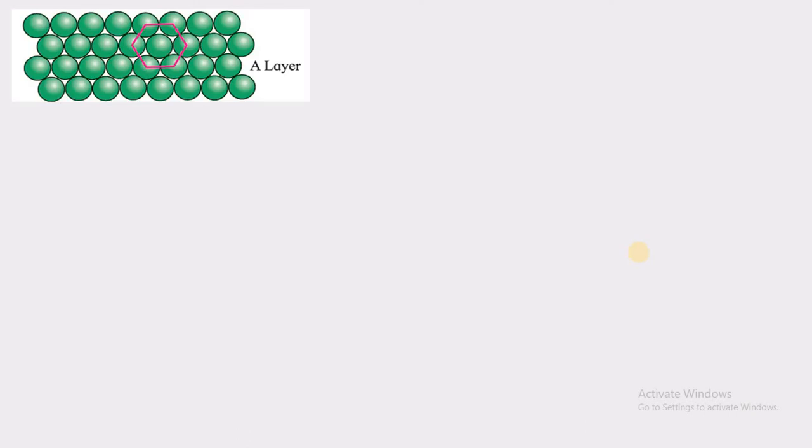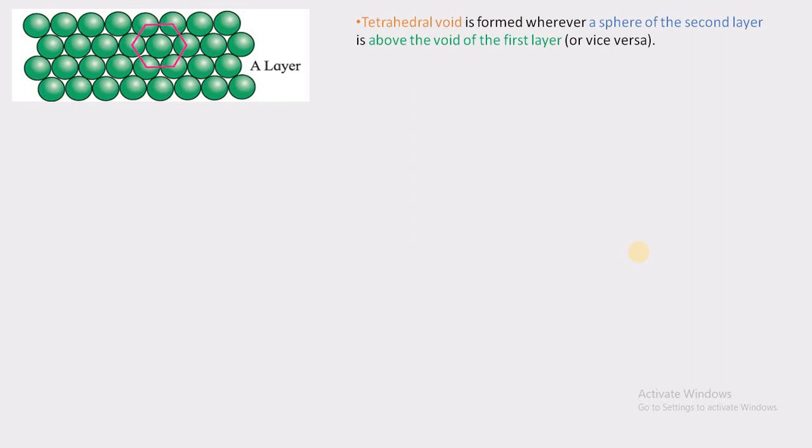This is a hexagonal close pack structure. Here, these are the voids. Some of these voids are tetrahedral voids, and these tetrahedral voids are formed whenever a sphere of the second layer is above a void of the first layer. Now this is the first layer of the 3D structure, and when we put another layer on this layer, the voids are formed,